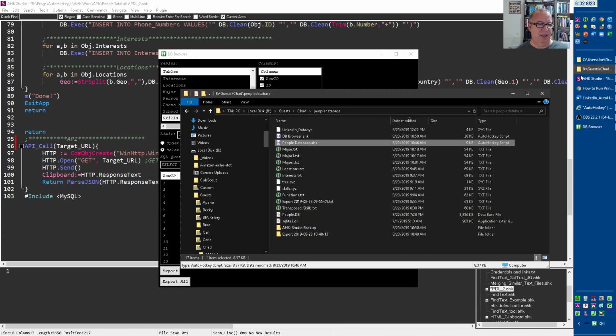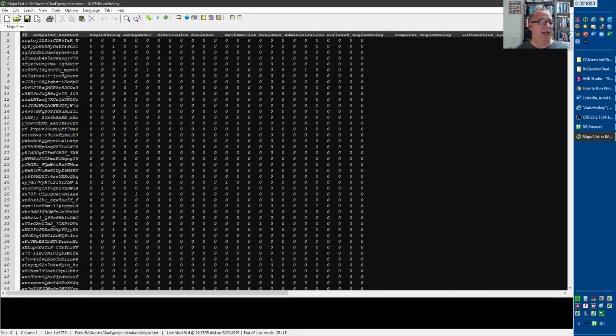Let me see if I got an example of it here. I can't remember if this is, I think, yes. What I really needed was the data to have a unique ID for the person, and then to have this is the column header, and then basically it's a 0 or a 1 if the person had a degree in computer science, or a 0 or 1 if the person had a degree in engineering, or a 0 or 1 if they had it in management, and so on. Because what I can do with that, once I have that, I take it into a statistical program I use.